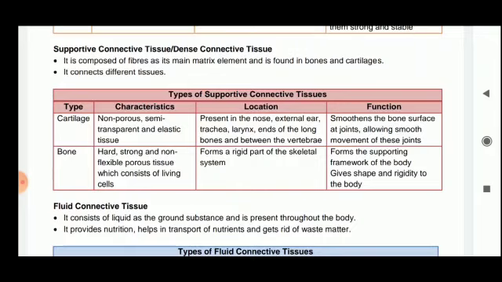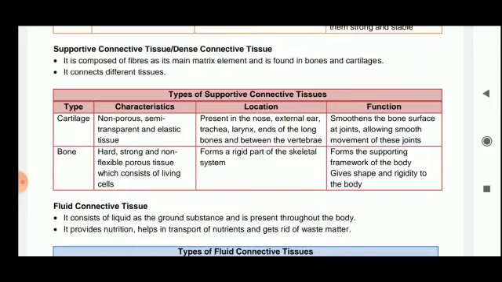So this kind of tissue you can see in your ear pinna. The external part of the ear is made up of cartilage. Your nose tip is made up of cartilage, and when you feel that you can twist your ear, it is some kind of elasticity property, and that is why your teacher tried to pull your ear, because your ear is made up of cartilage and cartilage has the property of elasticity, right?